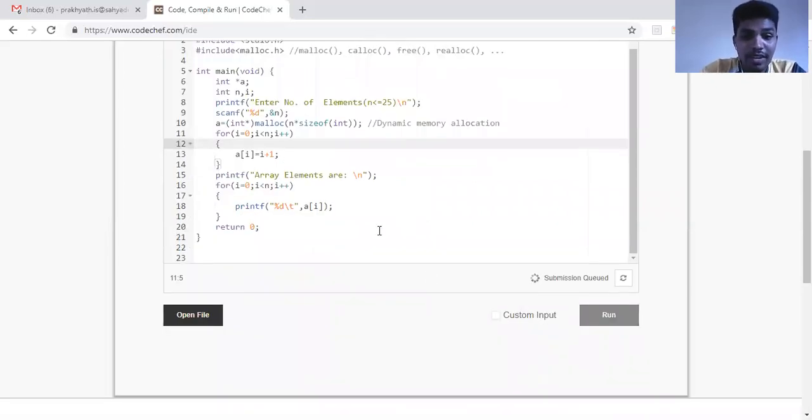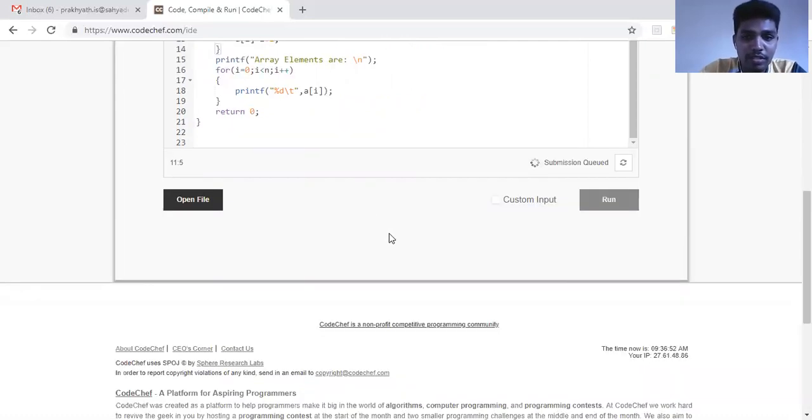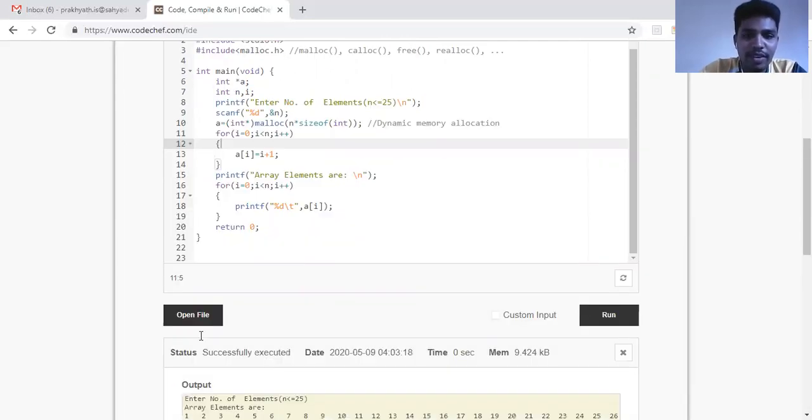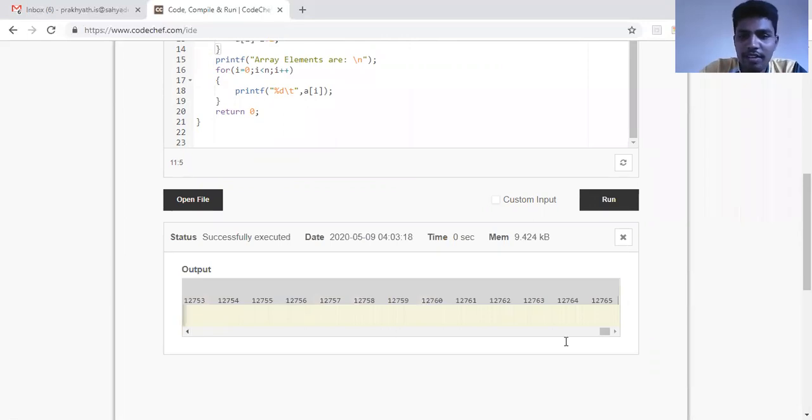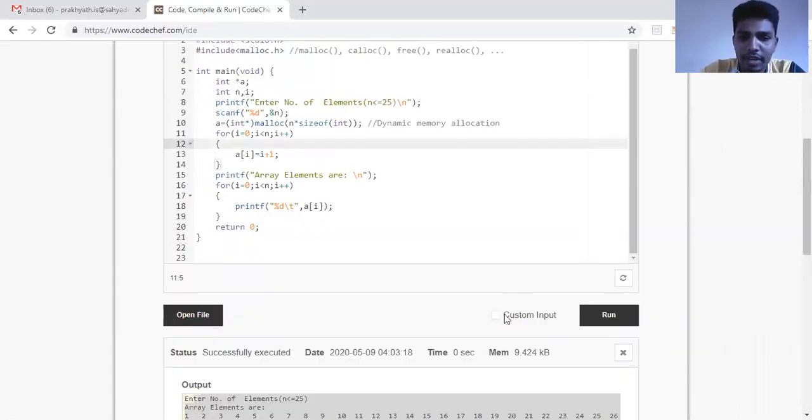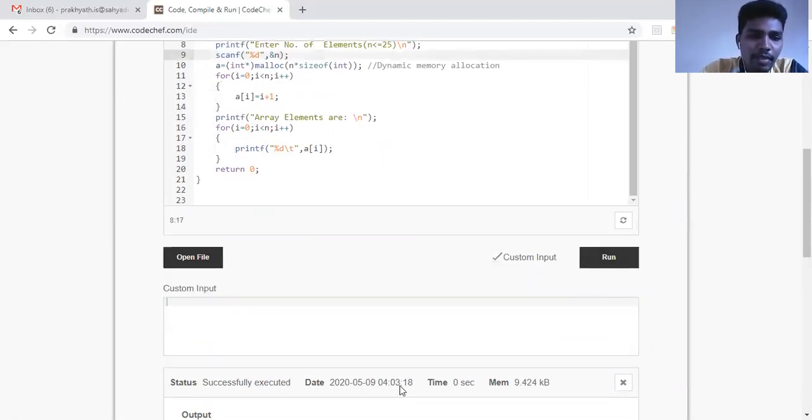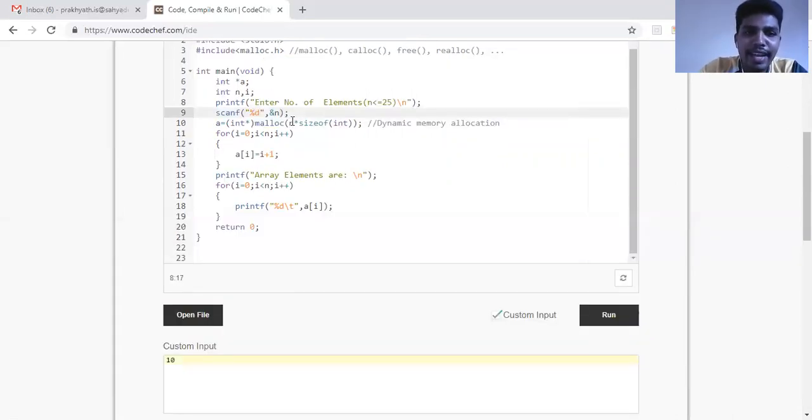Okay, sorry, we have not given a custom input, so it should throw me a very large infinite file. It has given a very large infinite file. Why? Because we have not given input. Excuse me. You can see here there is a scanf. So here we need to tick custom input, and let me give the size as 10. When I give size as 10, n is 10. So what it does is 10 into the size of integer. If it takes 2 bytes, 10 into 2, 20 bytes is given for A, and only 20 bytes are utilized. So there is no wastage of memory space. So I'll run this and I'll show the code.